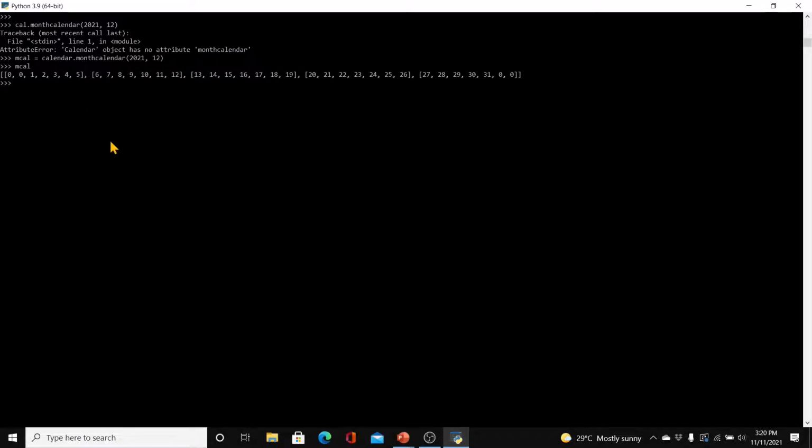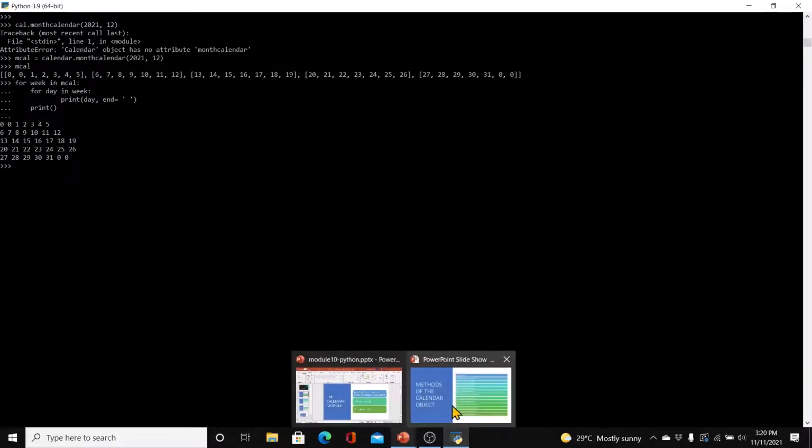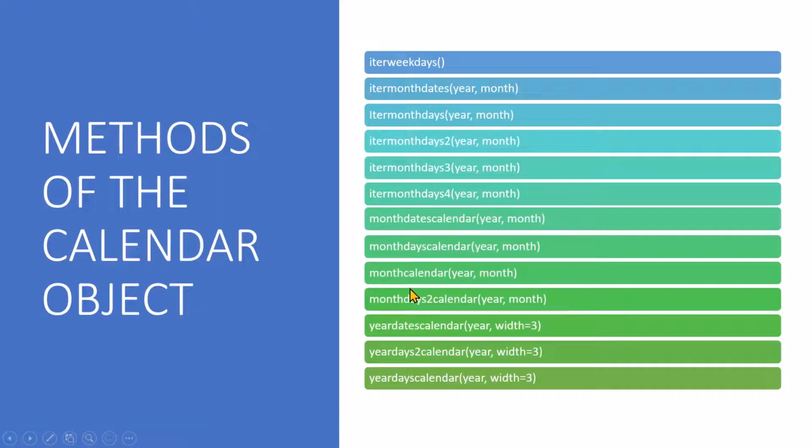So of course we can print this out as well so that we have each week on one line, right? So for week in mcal, for day in week, print day, comma, end equal to space, and then a blank line to ensure we move to the next line after one week is printed out. And there we have the same output we got with the previous method. Now coming to monthdays2calendar,